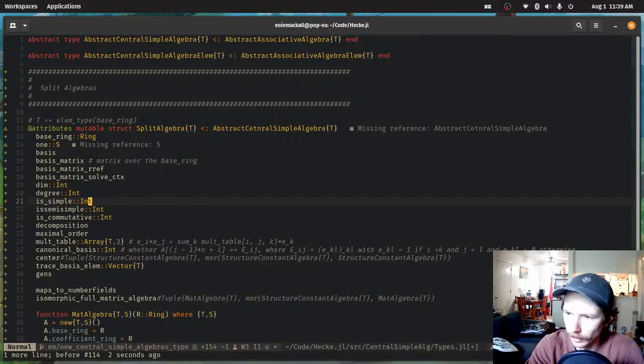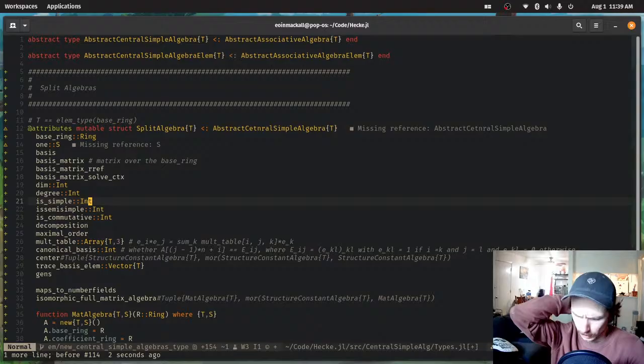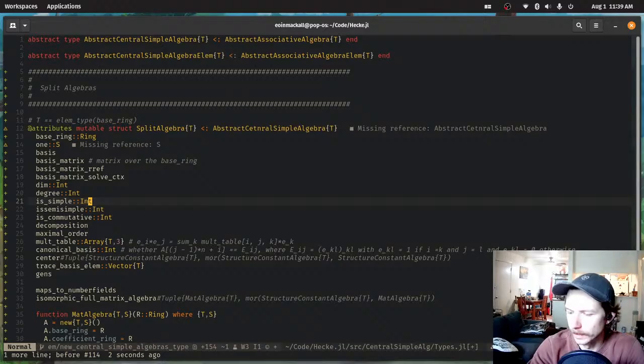Because we're going to call it from... they should all be simple. Yeah. So I think we'd have to specify that to some extent. But it is of type abstract central simple algebra, so it's more like